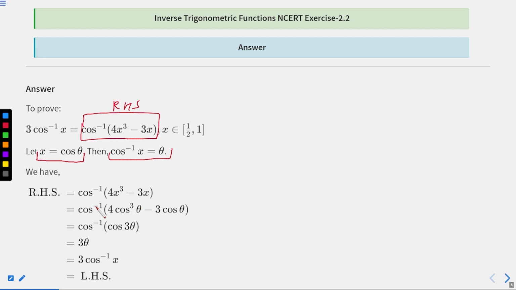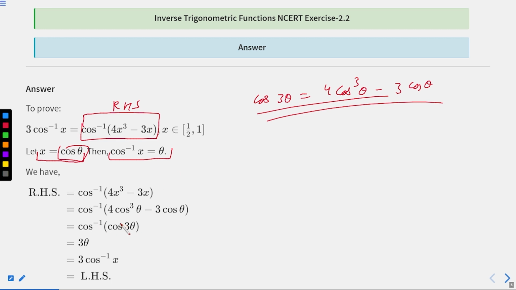This means cos inverse of 4 cos cube theta minus 3 cos theta, and I know this is cos 3 theta. From this, what I can say is that this whole expression will become cos 3 theta, and from this I can rewrite it as